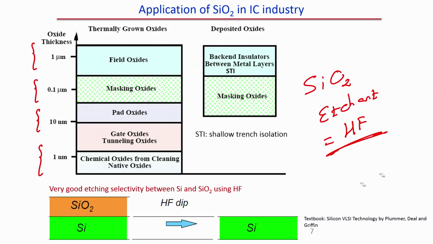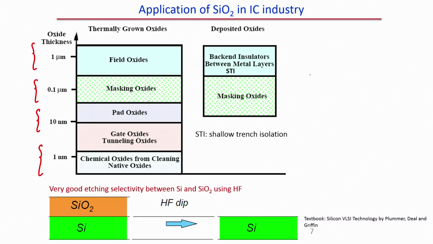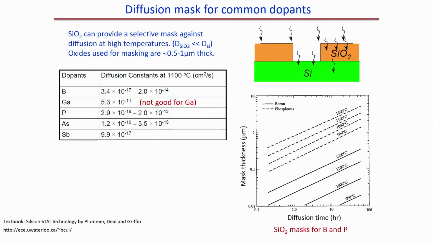In common laboratory practice, instead of HF we use buffered hydrofluoric acid, BHF, for etching silicon dioxide. Okay, guys. You need to understand and remember that for etching silicon dioxide we use buffered hydrofluoric acid in practical applications. Now, moving further,